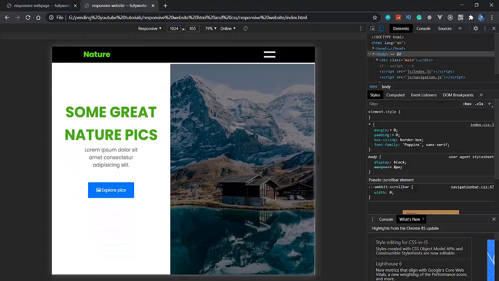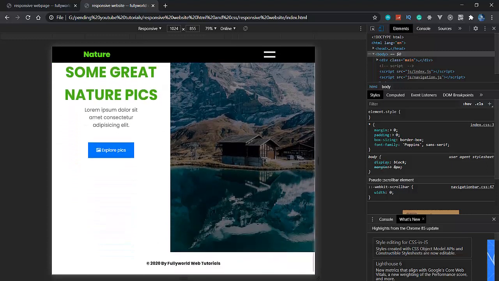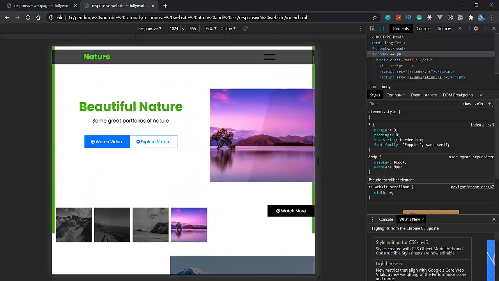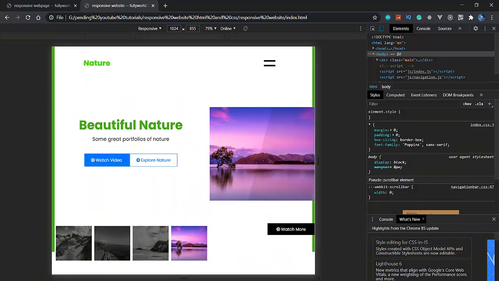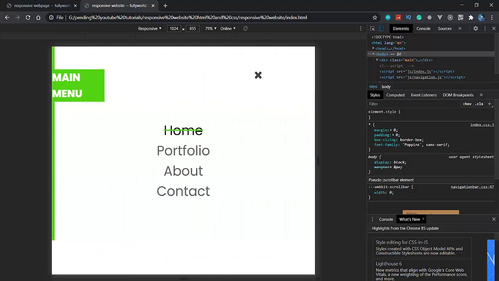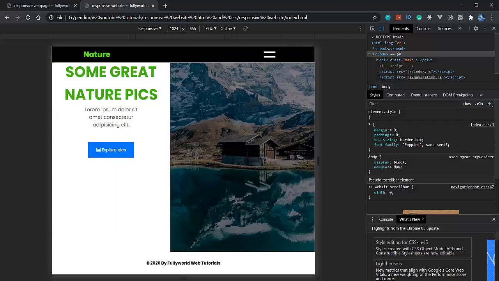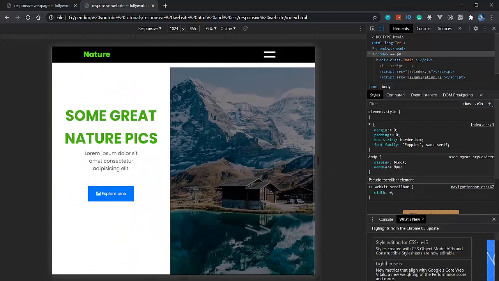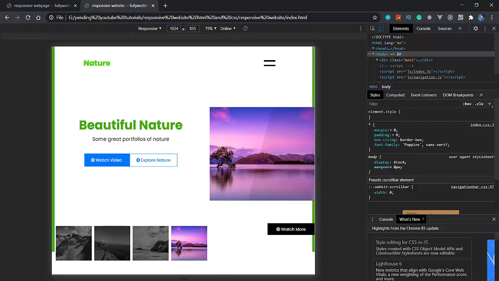See that now we don't have to change anything here because it is looking good. So let's move further. For 1024 pixel we have done everything here. We will also change this main menu, but we will do it afterwards after completing the whole website responsive. So don't care about that. So see that for 1024 pixel our website is responsive now.